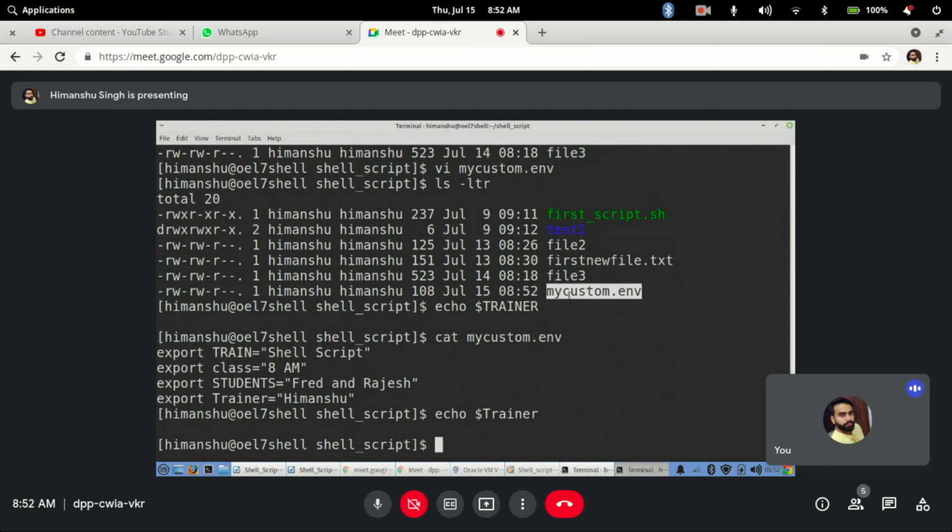So what I will do is source this file. Now how to source this file, so that my environment variables are set in the bash shell? You can simply do dot, space, and the file name. Dot and space, file name. Got it? And hit enter.